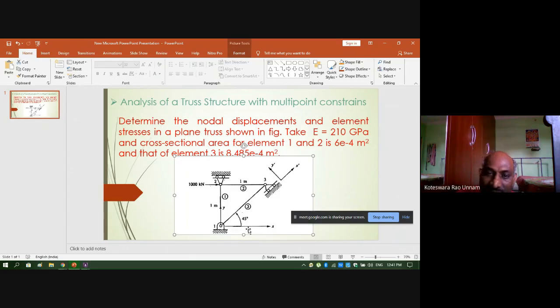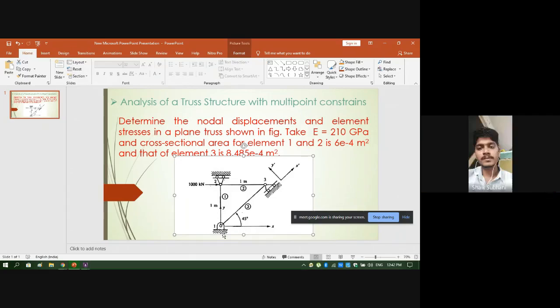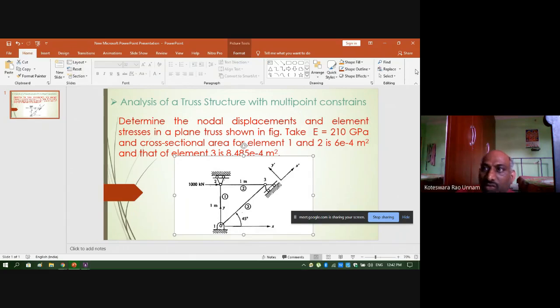It cannot move in X direction as well as Y direction. So to apply that constraint. At node 2, it cannot move in a vertical direction. It can move in a horizontal direction because there is a roller support for that. So I will apply these 2 constraints now.